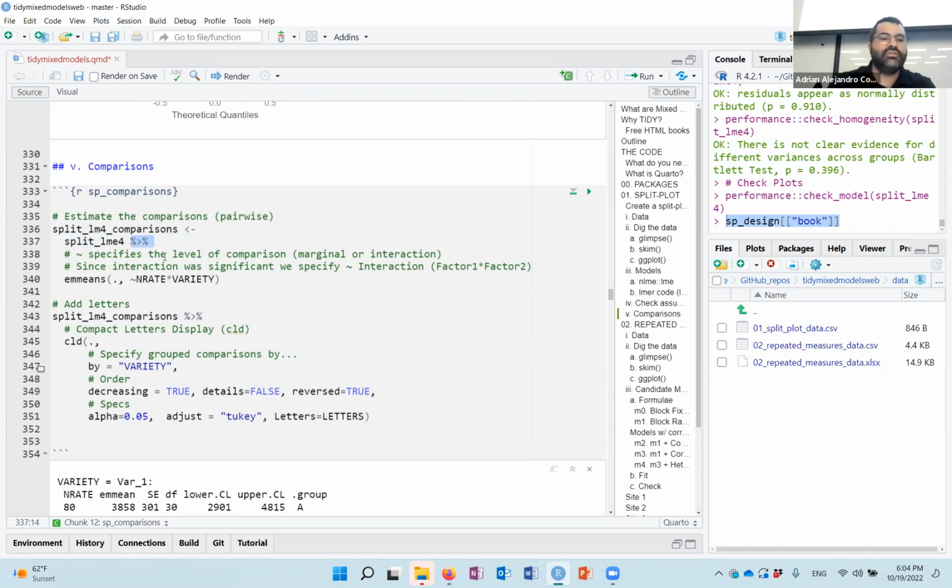I'm using this function that is a pipe. So basically I didn't explain that before, but it's creating a chain of actions for an object, right? So here we're taking the model, and then to the model we are running the comparison. Okay. Here we put the dot sign to say that